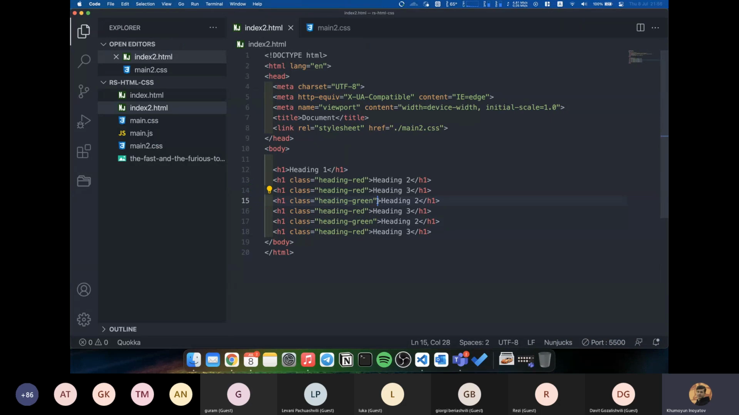For example, you can give it a class name, but there is also one special attribute called ID. By ID, you can give a unique value for only this element. You cannot reuse ID values. You can use it only one time. For example, heading yellow. It also has the class name heading red, but